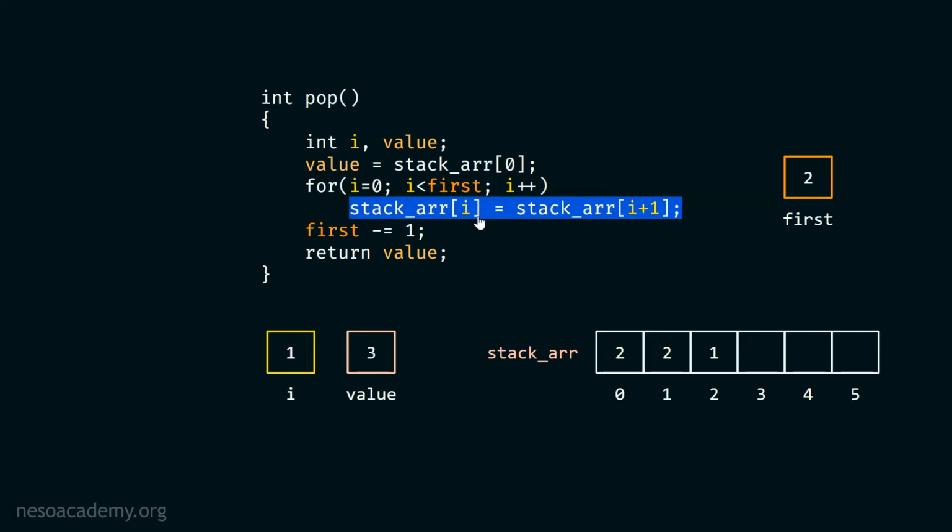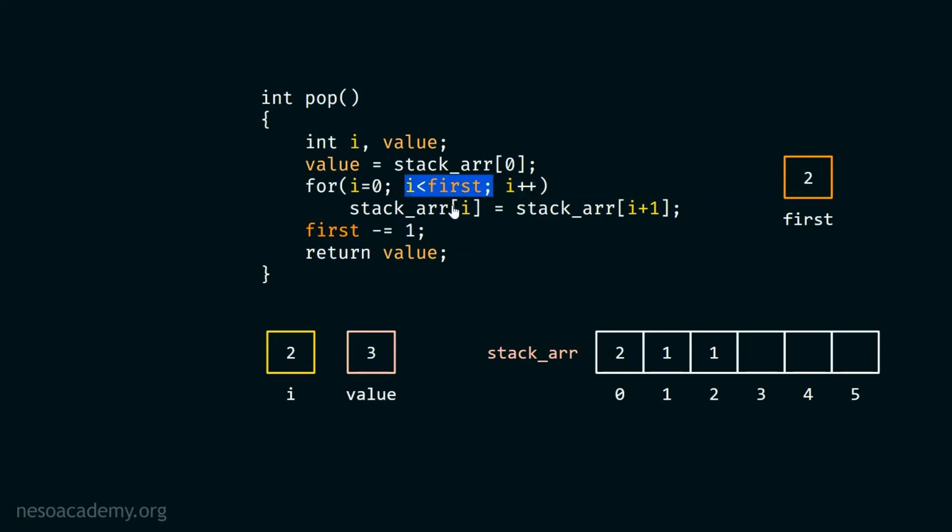And then after this, obviously this I will get replaced by 1 and I plus 1 will get replaced by 2. Which means the next step is to simply shift this element towards left. So here of course, stack ARR 1 will get replaced by stack ARR 2, right? What is stack ARR 1? It is 2. And what is stack ARR 2? It is 1. So this will get replaced by 1. After this, we will increment the value of I by 1. So this will get replaced by 2.